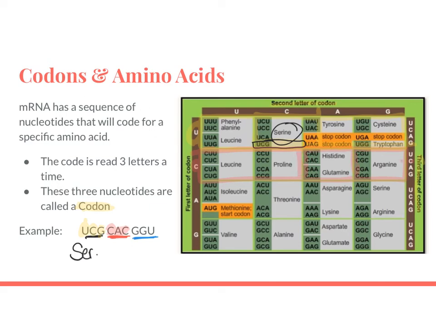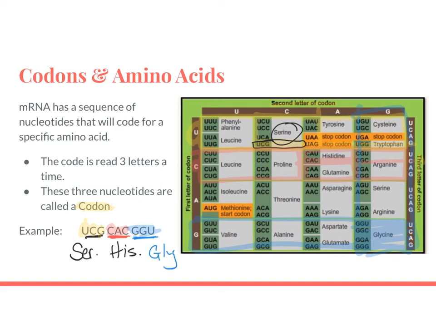And I know I'm the second one over, CAC, so that's histidine. So I'm going to write his. And then my last one, I'll highlight in blue, is GGU. So I'm going to go G, G, so I'm in this area, and GGU is glycine,